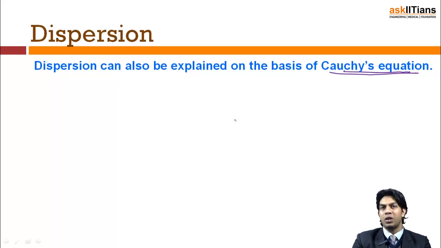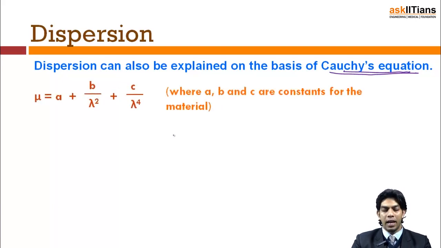In whichever field of optics you deal with, these will be the two most important aspects of light. One is refractive index, how it behaves when there is a change in medium or a new medium, and the second one is the wavelength. The wavelength of the light and refractive index play a very important role as far as light's propagation is concerned. So Cauchy's equation relates the two most important aspects of light, that is refractive index and wavelength. Your refractive index changes if your wavelength changes, and the relation which governs that change is given by this: